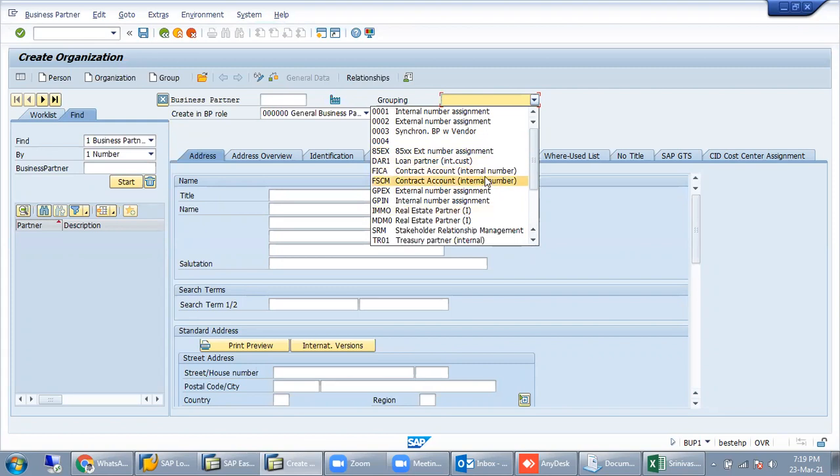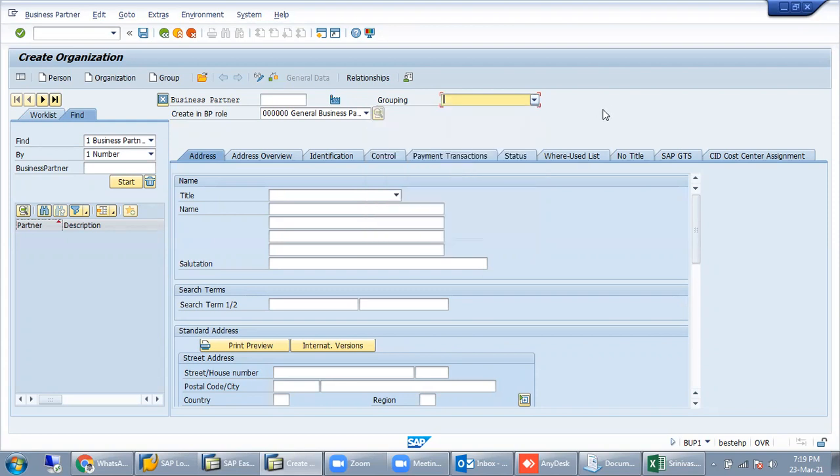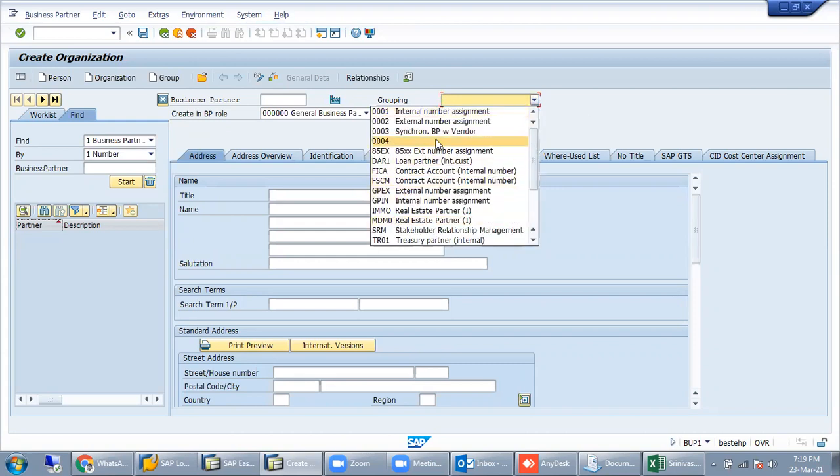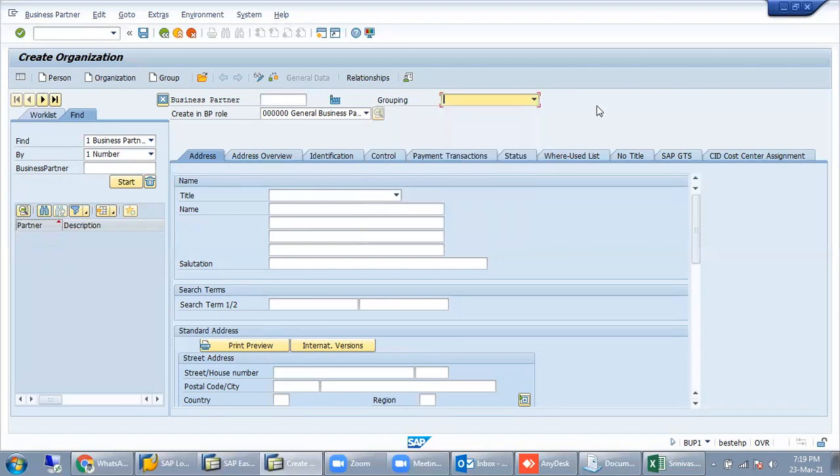It is just identification that it is created under vendor. This grouping can segregate similar types of vendors. I am creating one account group for employee, one for domestic vendor, and one for transporter. According to that, we can execute the report.